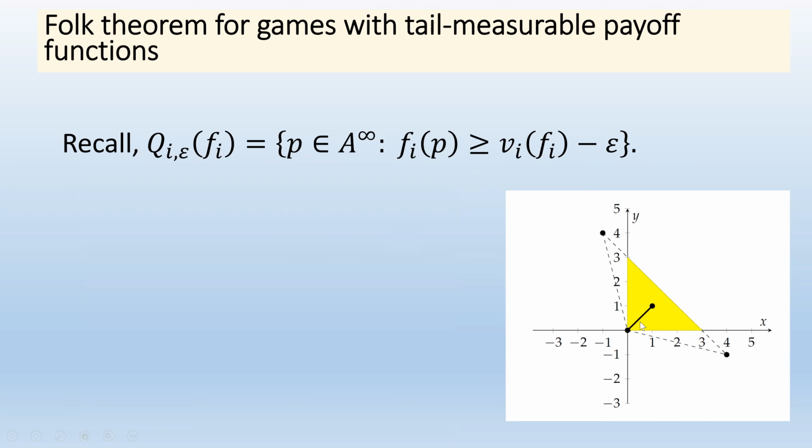What is it for player 2? Player 2 needs to get at least 0. Sorry, I confused you. Before it was 0-0, 1-1 and 4-1. This is for player 1. And now for player 2, 0-0, 1-1 and -1-4. Q epsilon F is the intersection. So the intersection only leaves us with 0-0 and 1-1. These are the two feasible payoffs where each player gets at least their min-max value.